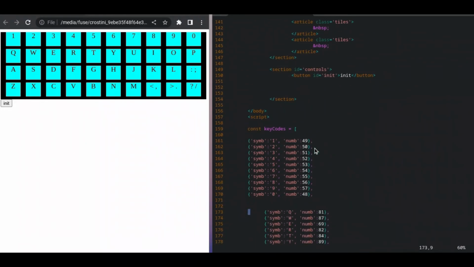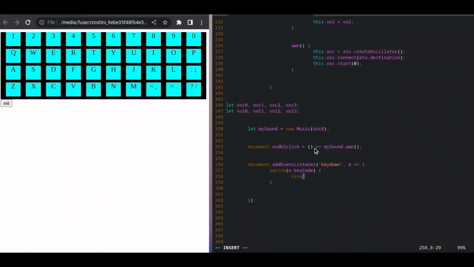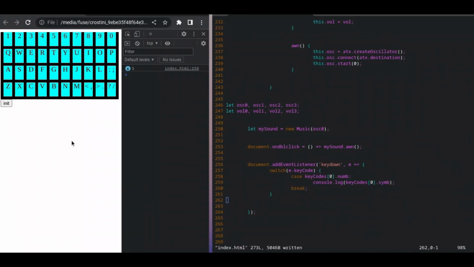The syntax for this is the case: keyCodes[0].num. Break. And then let's log out keyCodes[0].symb so you can see just what key that is. And it's 1. What do you know? So when I press 1,